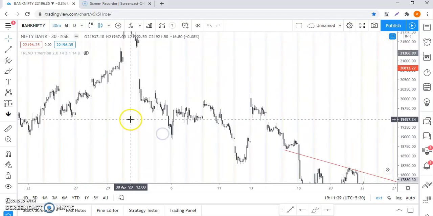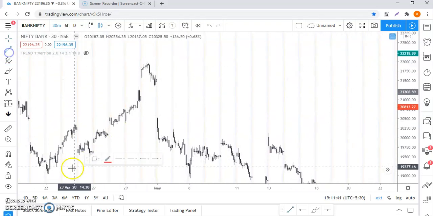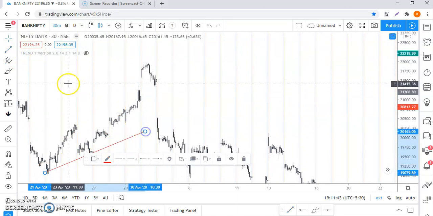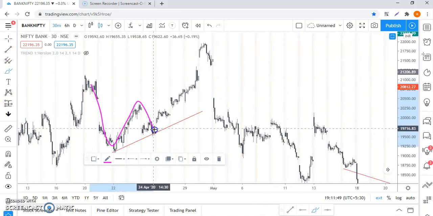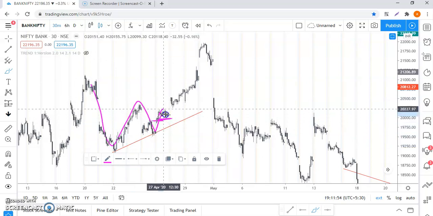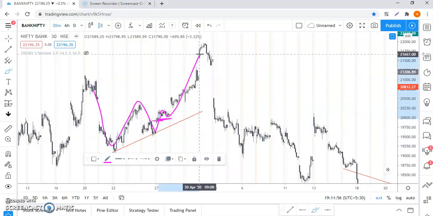So here, just draw this trend line. W here again. I saw W here. How? Let me show you. Like this. If the price is here and it's bouncing, you should take entry here. It will retest again. It will go up. No problem. So this is how we trade.